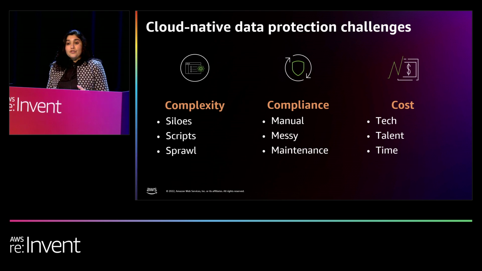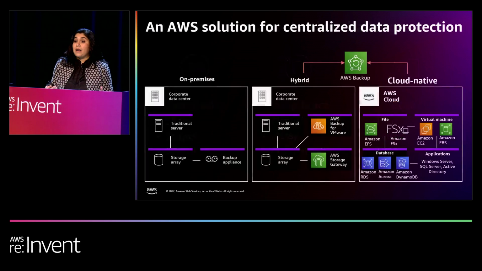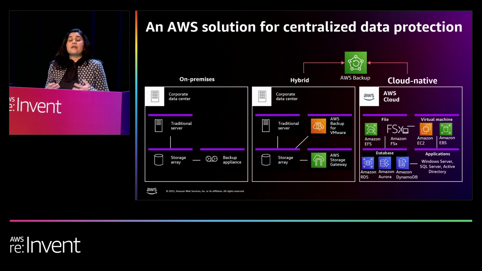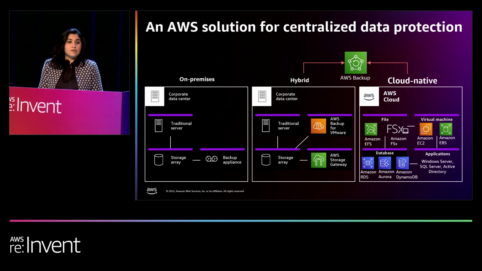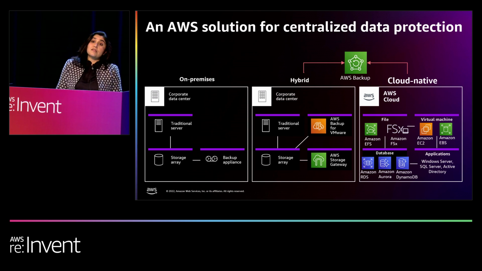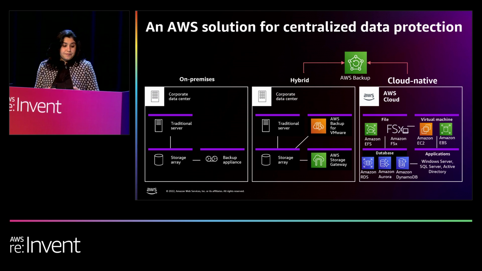As a result, we listen to our customers. We always work backward from our customer requirements, and we decided to create the AWS Backup solution. Talking to our customers, typically they fall into one of 3 categories or topologies as described here. The first topology is where customers are running their applications on premises in their own data centers, and they are using software from backup vendors or media servers or backup appliances to back up or protect their data.